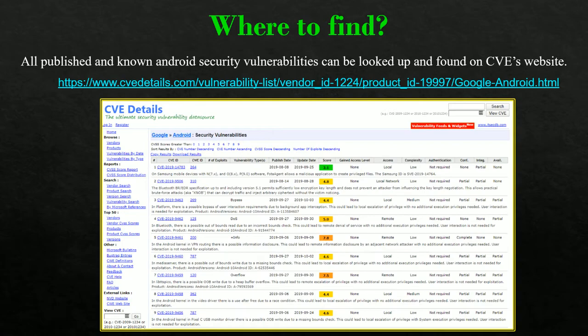It's called CVE Details, and under there they list exploits found in other products too, but they also have a dedicated section for Android. From the screenshot alone, looking at the recent days, there are already so many exploits that have been found. But like I said, this is not the only website. There are others out there, but this is one that someone can use.